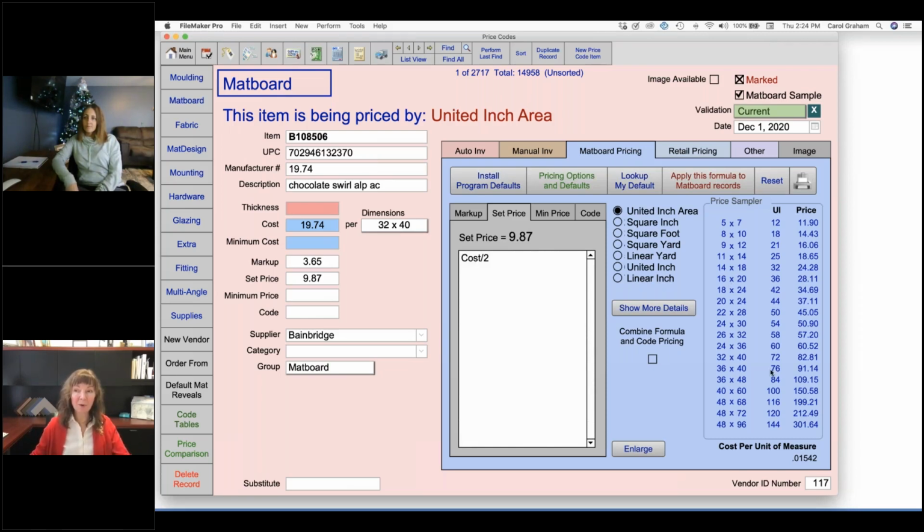So the set price can be just one fixed amount. If you decided that I just wanted to charge $5 for all of my mats, I could do that. Or you could say based on the cost of the mat, divided by any number you want. We chose the number 2. We felt that was fair. They're paying for half of it, you're paying for half of it, and then the area they use is being